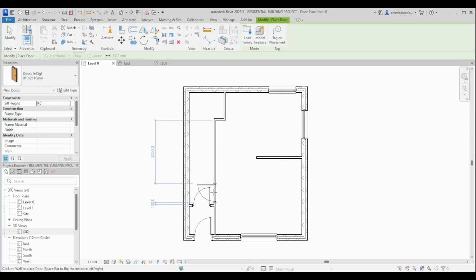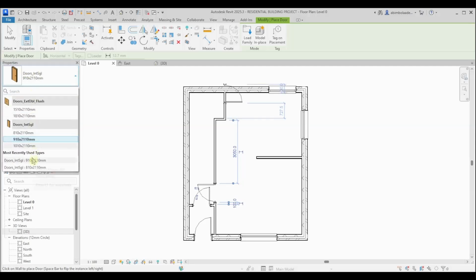I'm just going to click. I think this will be my main one. The entrance leads into the foyer. I access the main hall where my stairs will be, and I enter my door to the living space, and I need a double door in the kitchen that will lead to